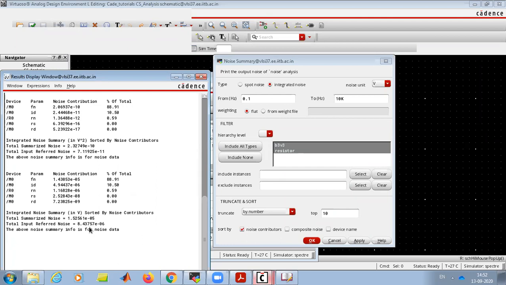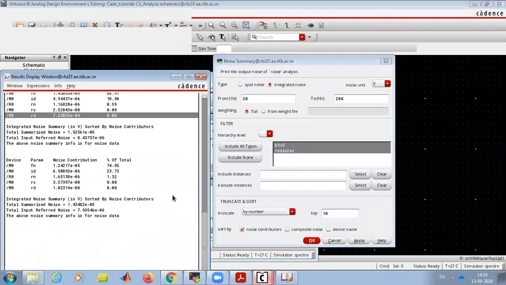How are these numbers important? Let's take an example of audio, our audio amplifier. What is the range of our audio? 20 to 20 kilohertz. In that range, what is the effective noise?